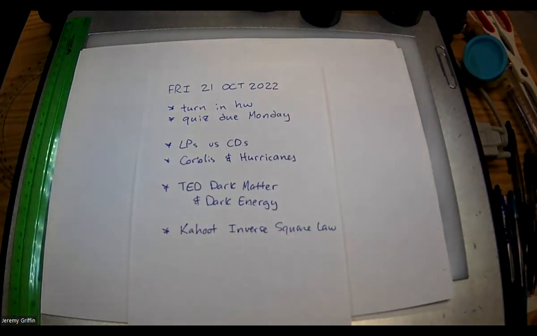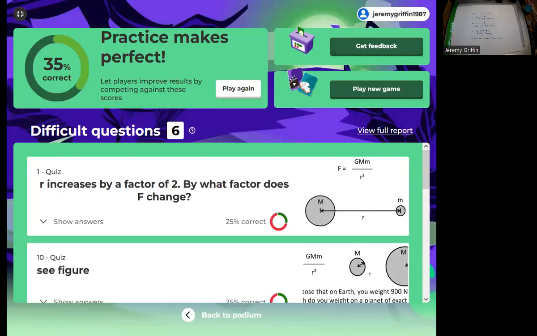Okay. What else I have to hit is Coriolis and hurricanes. So let me switch my screen over. I bet a lot of you guys know some about this, but I'm gonna give you my Griffin version of this. Okay, so if you look at hurricanes,